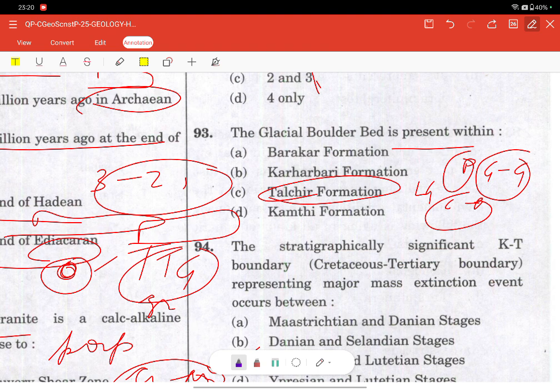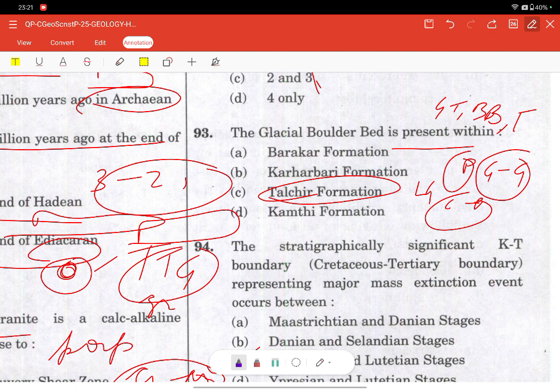So yeah, the Talchir formation is characterized by glacial tillites, boulder beds, poorly sorted conglomerates, striated and faceted clasts, and matrix-supported diamictites. These are the unambiguous indicators of glacial deposition. The significance of the glacial boulder bed is that the Talchir boulder bed is a standard Indian term in geology. It represents direct deposition by the glacier.